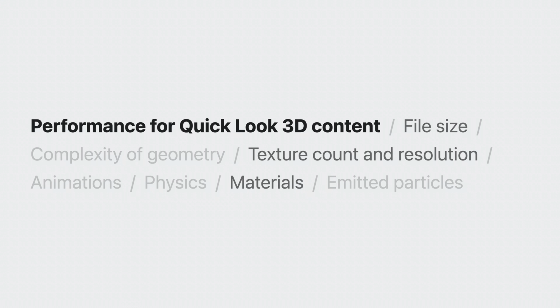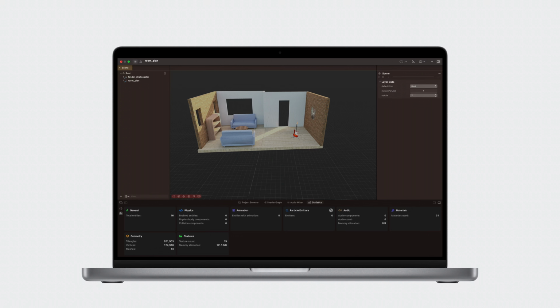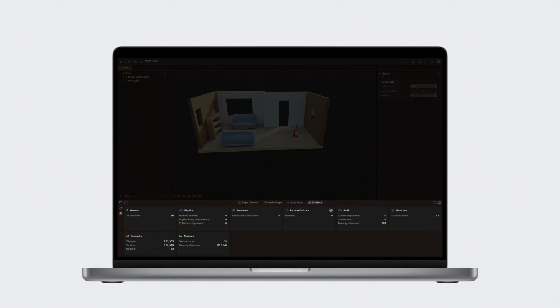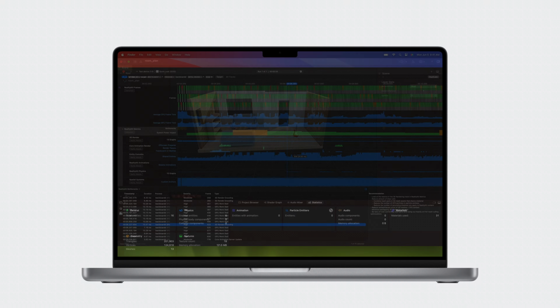In order to know where to start optimizing your 3D model for performance, you need to first identify potential limitations that might exist with your assets. To help simplify this task, we have introduced some helpful new tools this year, which can significantly improve your workflow. Let's take a look. Here, we are back in Reality Composer Pro to show you the statistics panel. This panel provides you with a lot of helpful information about your 3D model characteristics, such as the number of triangles and the amount of texture memory being used with your content.